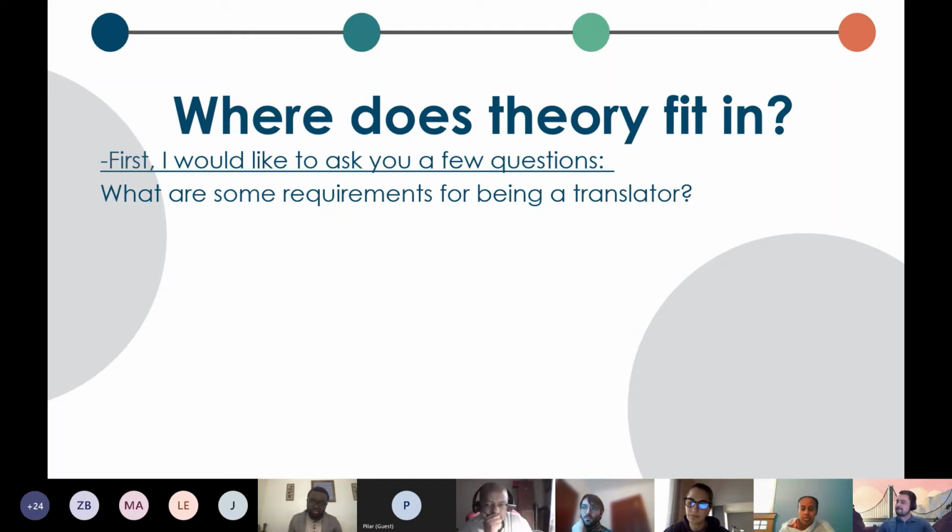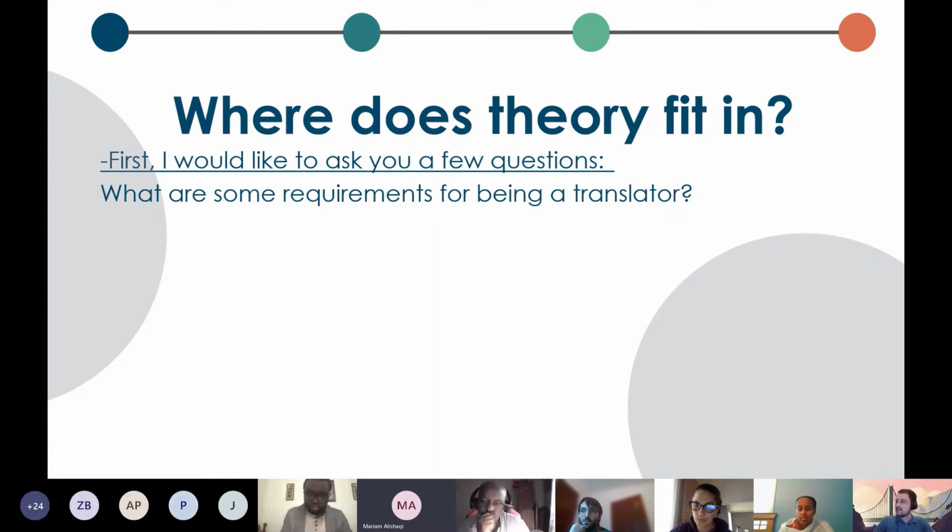You have to be able to write in both the source and the target language. Yes, of course. Literacy is an important part of being a translator because translators work with words. And also need to understand the idea, not just translate. Well, need to understand the idea in each country. Yes, very good, and that's something we're going to talk about too. You have to understand the idea of the source text.